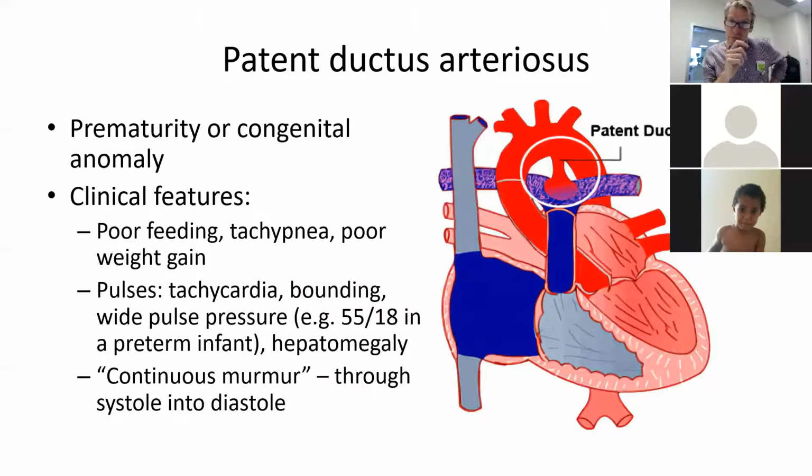In understanding left to right shunts, you need to understand about VSDs and ASDs and PDAs, right? Because they all do the same thing. They all lead to excessive blood going from the left side of the heart to the right side of the heart. And a PDA, or a patent ductus arteriosus, does it outside the heart, so from the aorta to the pulmonary arteries. And usually the ductus arteriosus goes from the arch of the aorta into the pulmonary artery, but of course that should close when